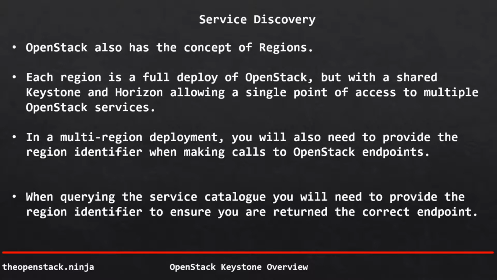So when you speak to a service that has multiple regions, you will generally have to also provide the region identifier when making calls to those endpoints. Generally when you deploy an OpenStack cloud platform, it will create a default region of region 1. All of the tooling generally will pass region 1 through as the default if you don't specify a region